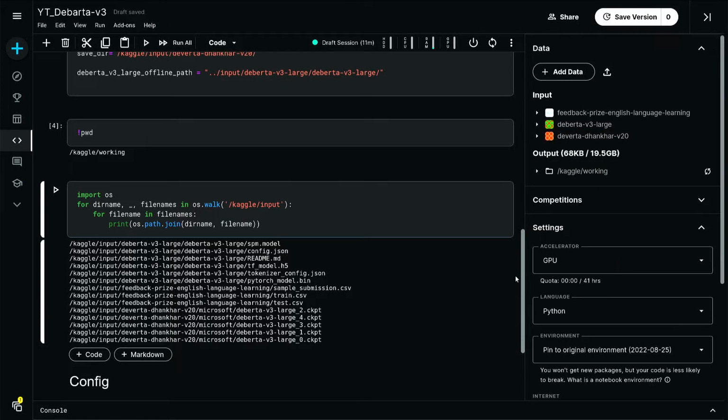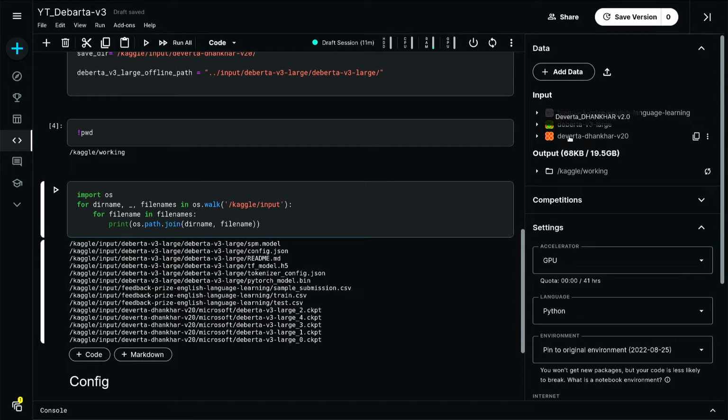So in this case, I'm using some pre-trained models which are saved, and these are those models. This one is obvious, Deberta-v3-large, which is the Hugging Face Deberta-v3-large model. And then I'm also using another one, Deberta-v3-large, a pre-trained model that was used by many other Kagglers who have scored high in this competition.